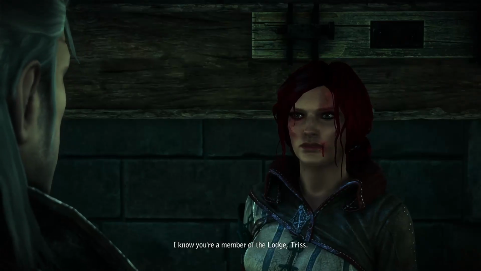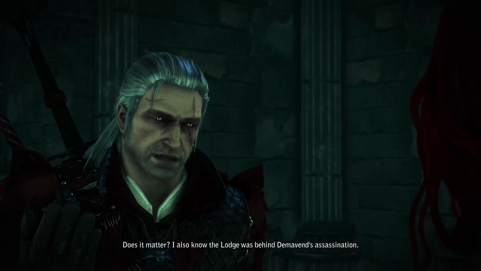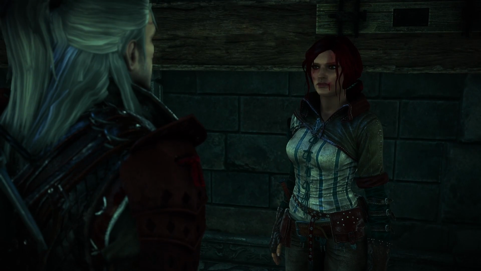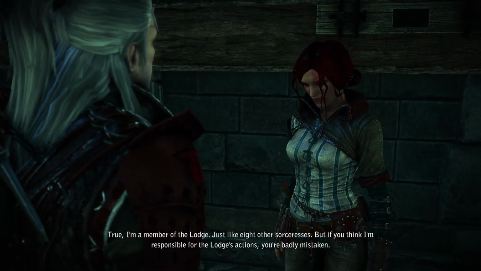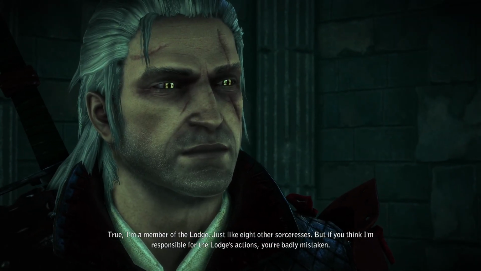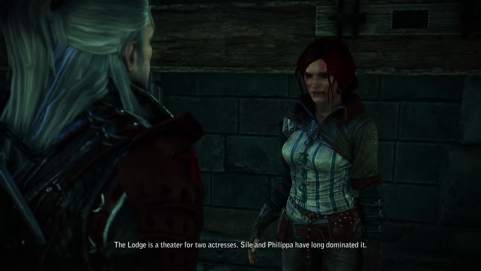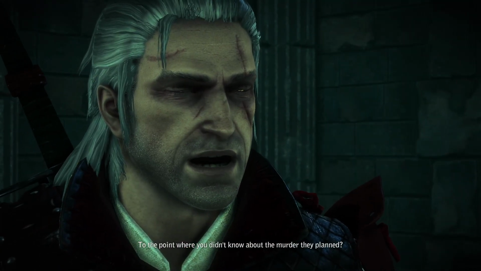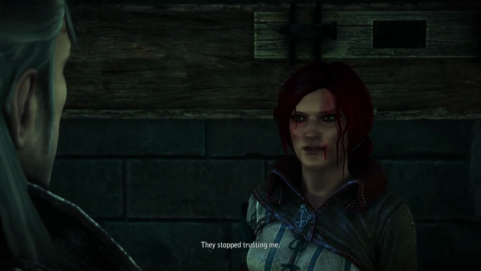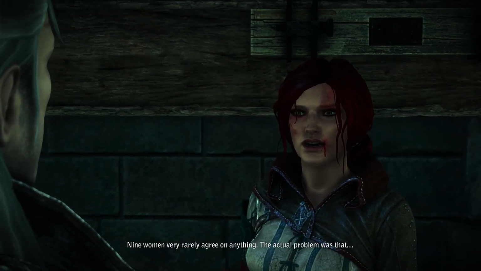I know you're a member of the Lodge, Triss. How do you know of the Lodge? Does it matter? I also know the Lodge was behind Demaven's assassination. Geralt, I trust you. True. I'm a member of the Lodge. Just like 8 other sorceresses. But if you think I'm responsible for the Lodge's actions, you're badly mistaken. The Lodge is a theater for 2 actresses. Sheila and Philippa have long dominated it. To the point where you didn't know about the murder they planned? To the point where I was no longer invited to gatherings. Why? They stopped trusting me. Because you didn't agree with them? 9 women very rarely agree on anything. The actual problem was that...